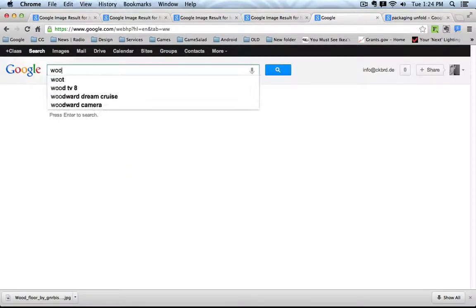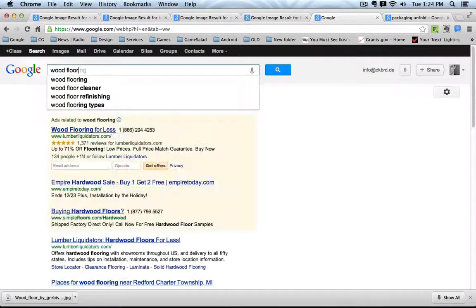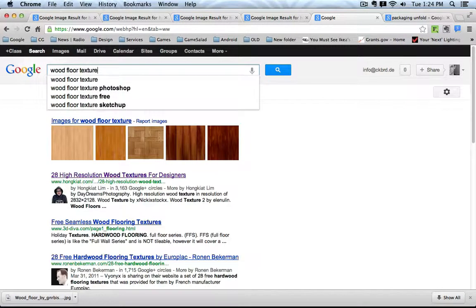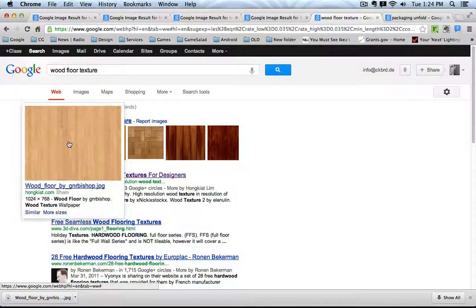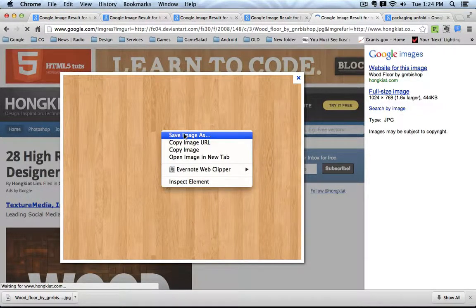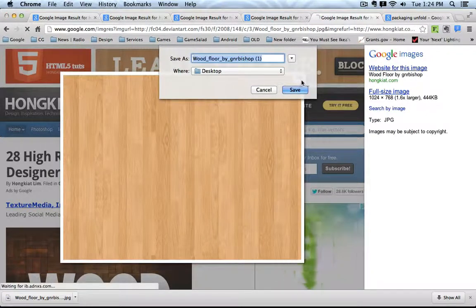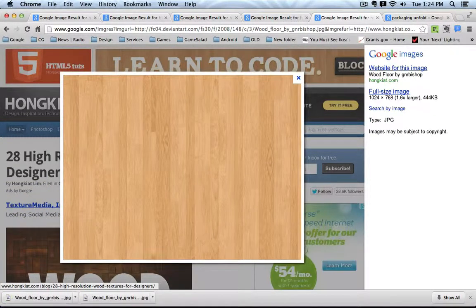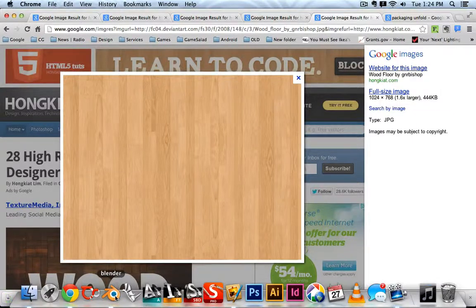So I said I would like to have a wooden floor. Let's type in wooden floor texture, and let's use this one. You could click Save As to save it maybe on your desktop. Then I go to Blender,